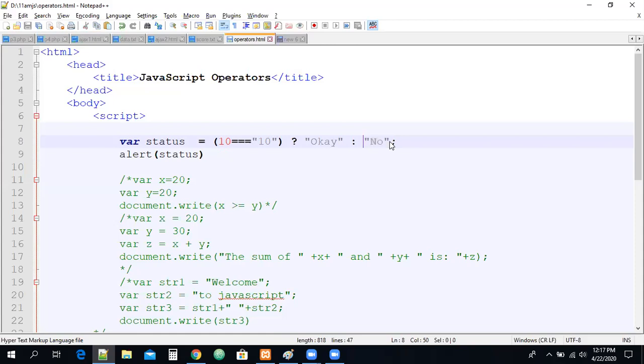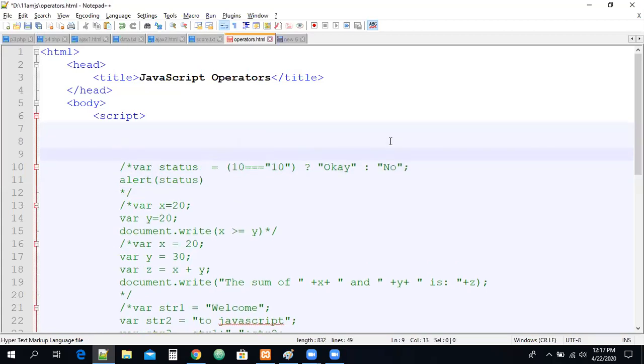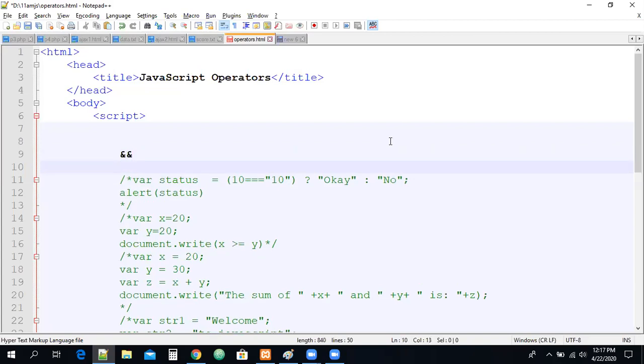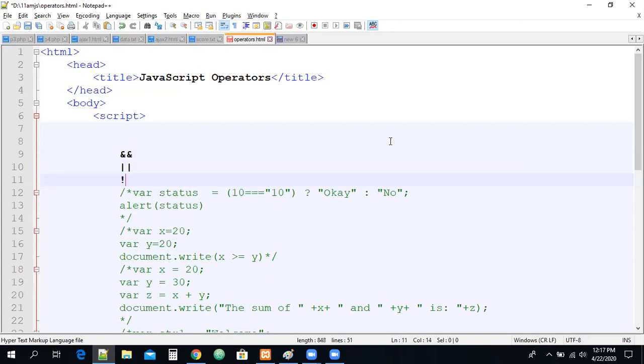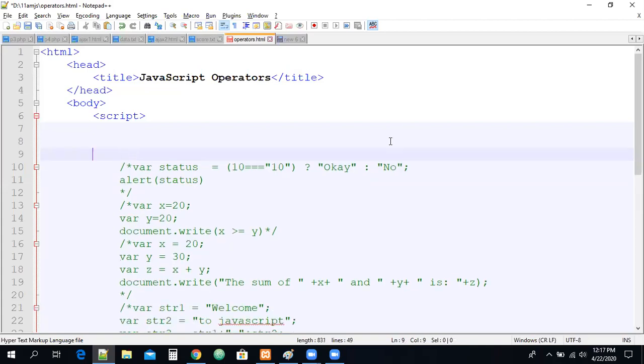After that, we have some logical operators. What are the logical operators we have? Logical AND, logical OR, and NOT. When we are writing conditions, we will use the AND operator. We can also use the logical OR operator, and the NOT operator. These are all the three logical operators, guys. These logical operators are also used in our application development. When we are comparing more than one or two conditions, we can use them. I want to write an if condition like this: 10 less than 20, and 20 greater than or equal to 40, something like that.